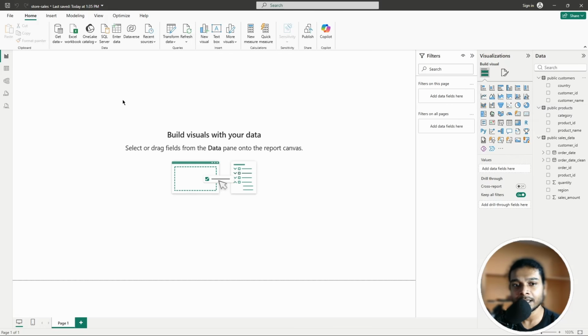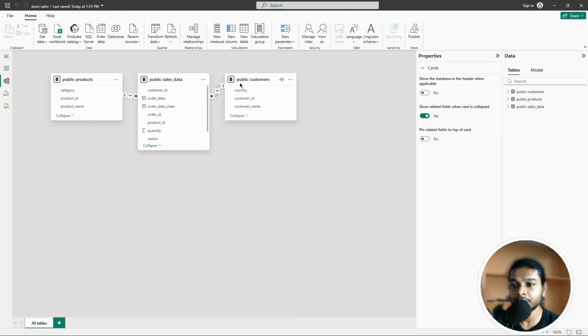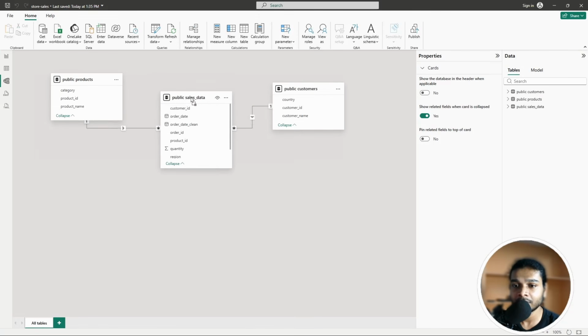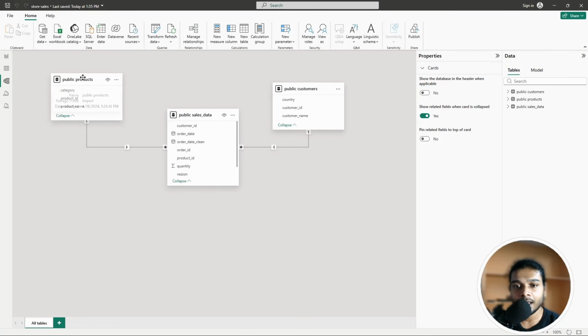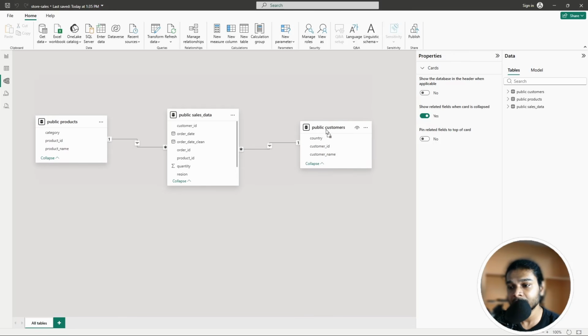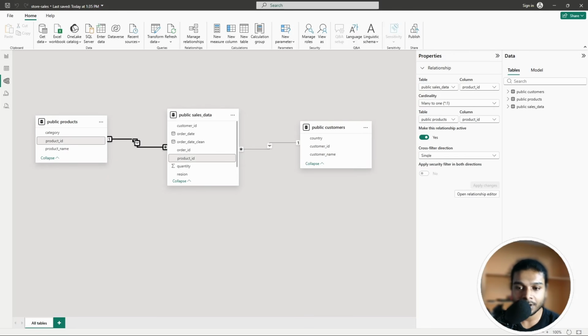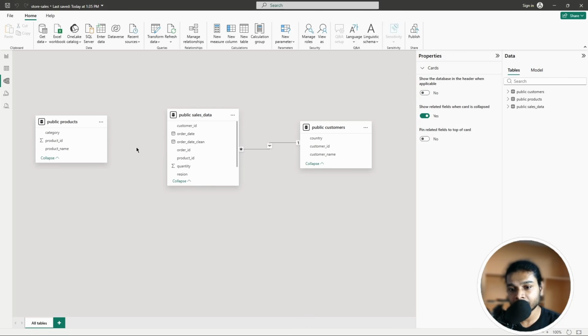And to model this data, we have to head to the model view tab right here on the left pane. Click on model view tab, and here we can see all three of our tables. And sometimes Power BI automatically assigns these relationships between the tables. So I'm going to delete them for now because I want to demonstrate how we can create the relationships. So I'm going to delete them. So we have three tables,